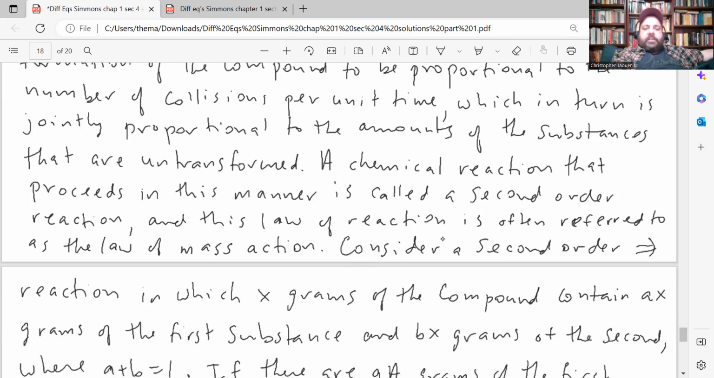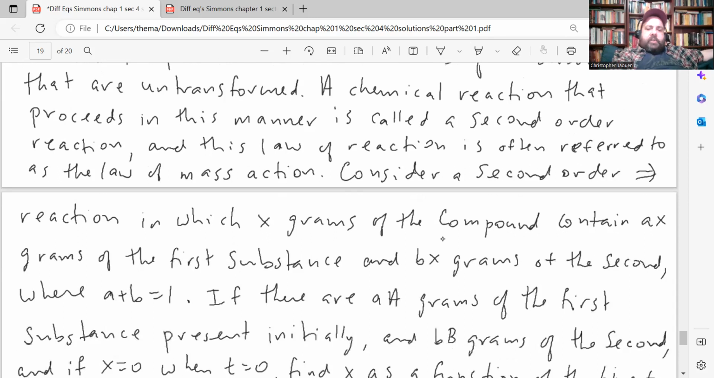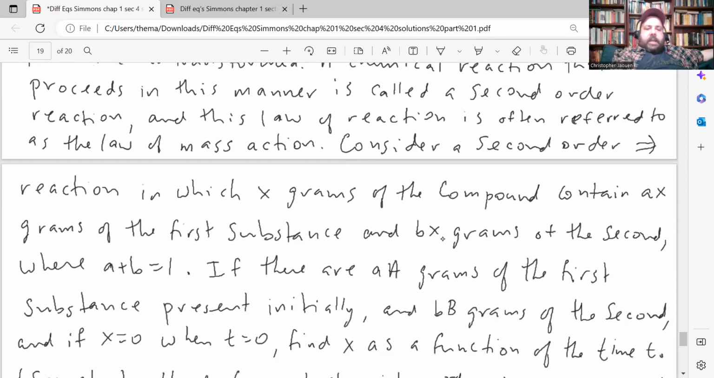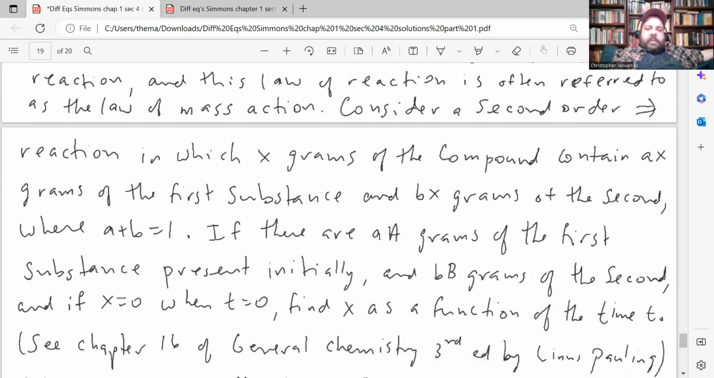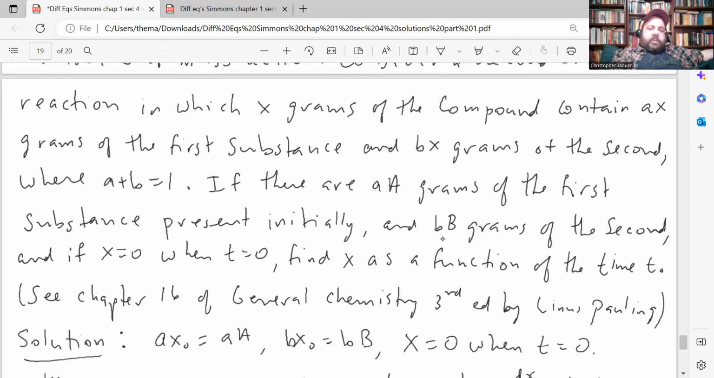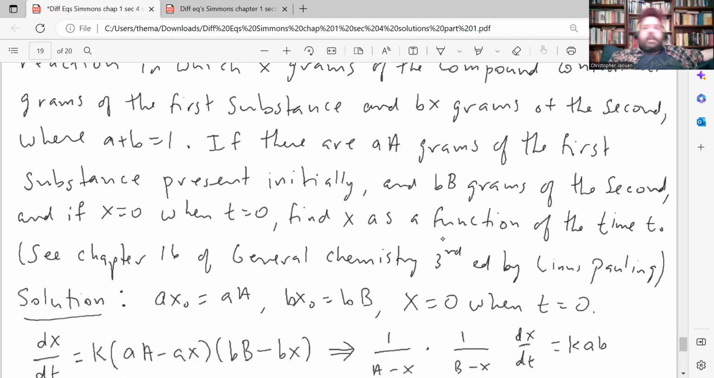Consider a second order reaction in which x grams of the compound contain ax grams of the first substance and bx grams of the second, where a plus b is 1. If there are a times capital A grams of the first substance present initially, and b times capital B grams of the second, and if x equals 0 when t equals 0, find x as a function of the time t. And here he says if you want to learn more about first and second order reactions in chemistry, see chapter 16 of General Chemistry, 3rd edition by Linus Pauling,